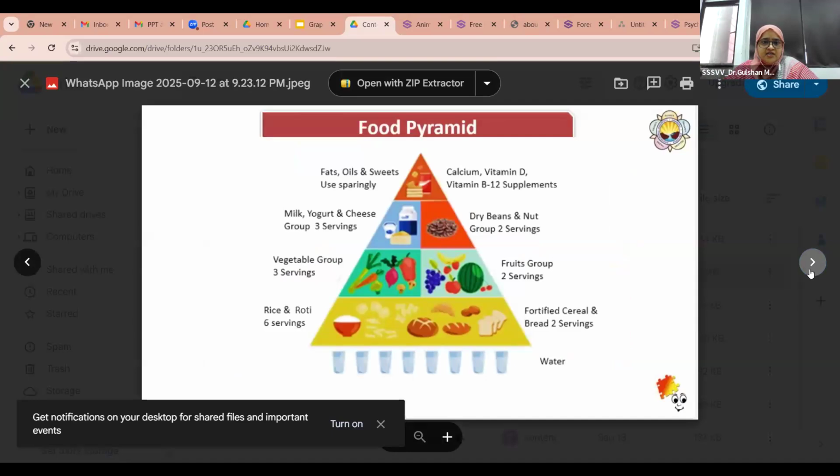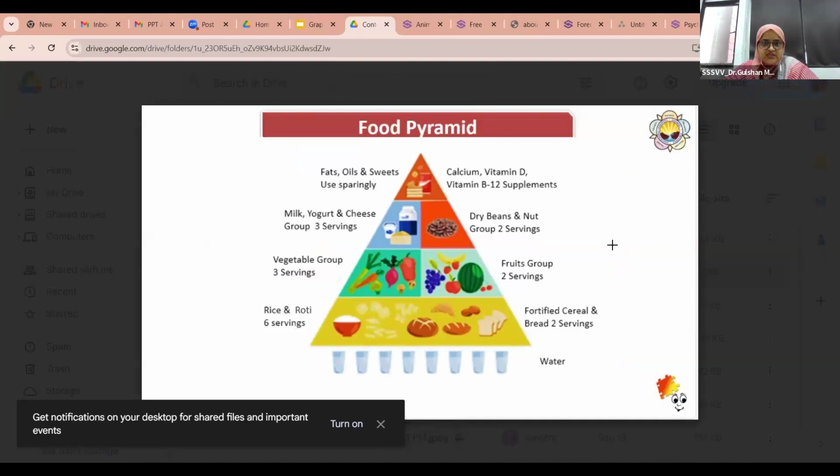Then here again, the food pyramid has been shown in this infographic. You can see it is an infographic showing the food pyramid, and all the foods are healthy foods.